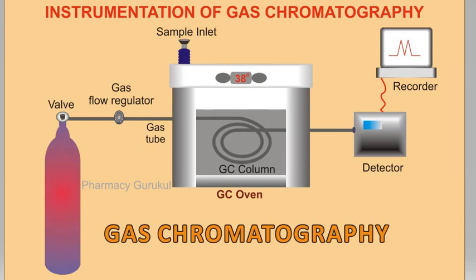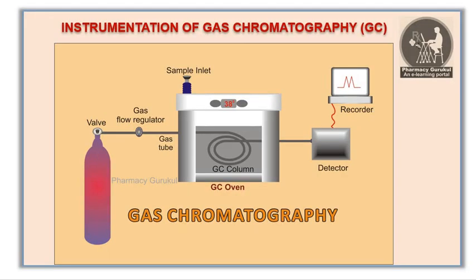Instrumentation of gas chromatography. A high pressure cylinder which contains carrier gas with pressure regulator and flow meter. The gases may be helium, nitrogen, hydrogen or argon. Helium gas is preferred for thermal conductivity detectors because of its high thermal conductivity relative to that of most organic vapor, whereas nitrogen is preferred when a large consumption of carrier gas is employed because nitrogen is cheaper.